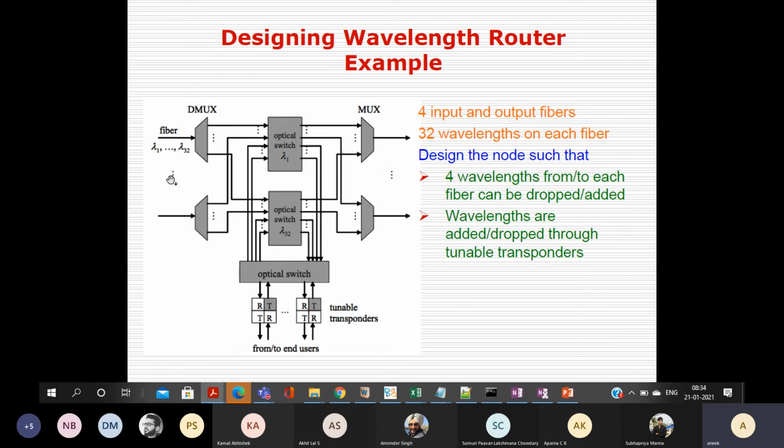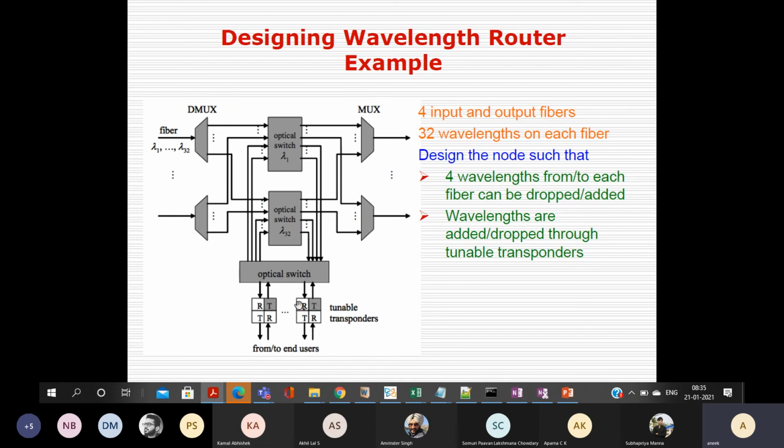Now you have 4 fibers, so from each fiber you can drop 4 wavelengths. So 4 cross 4, that means 16 receivers you require. And similarly, you require 16 transmitters, because you want to add 4 wavelengths to each fiber. Now you have 4 fibers, so 4 into 4, 16 transmitters you require.